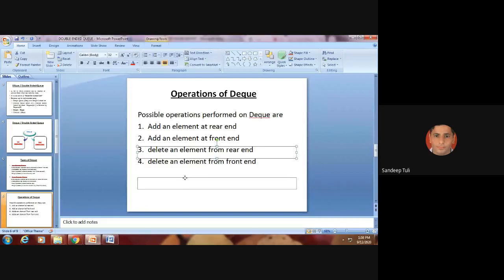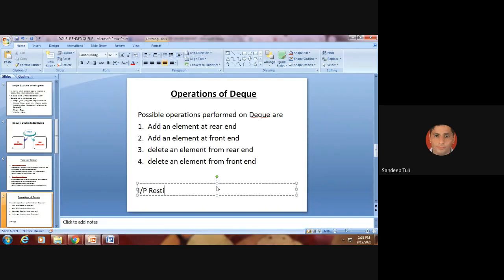Now suppose I am saying input restricted, which operations will we perform? 1, 3, and 4. First, third, and fourth.